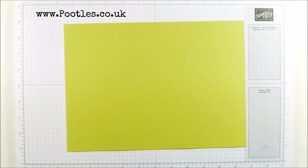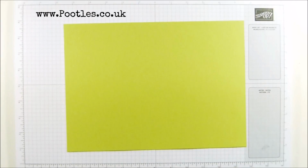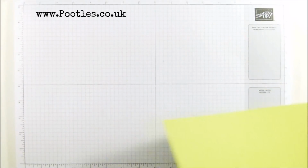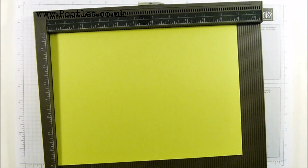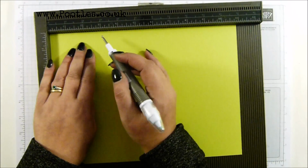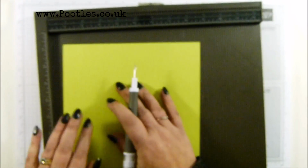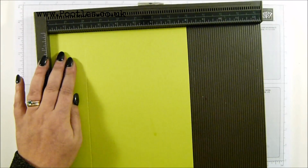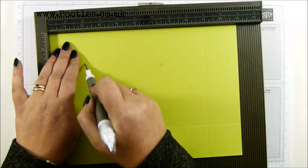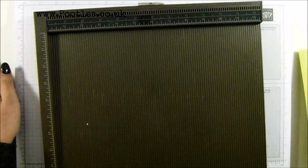So your cardstock and your piece of paper are exactly the same size, 11 by 8 inches, 20 by 27.5 centimetres. So I'm going to do the base first and score all the sides at 2 inches, 2 inches on all 4 sides, 5 centimetres on all 4 sides. Okay, and then the lid,